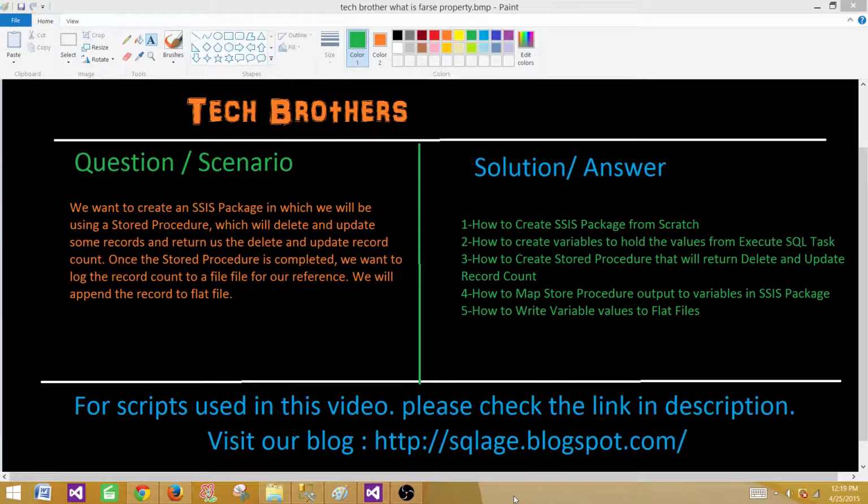Today we are going to learn a scenario in which we want to create an SSIS package in which we will be using a stored procedure. That stored procedure will delete and update some records and return us the delete and update record counter. Once the stored procedure is completed, we want to log the record count to a flat file in our SSIS package for our reference, and we need to append the records to that flat file on each of the execution